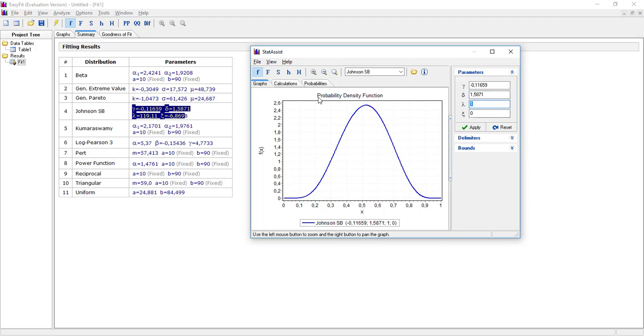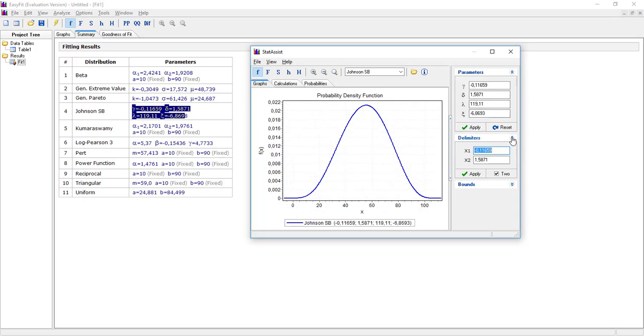For the last ones, we're just going to continue with lambda, and we're going to set the value at 119.11, and the last one, xi, is going to be negative 68693 in my case. Then hit apply. This we don't need. I'm going to make that smaller. You will see that now the